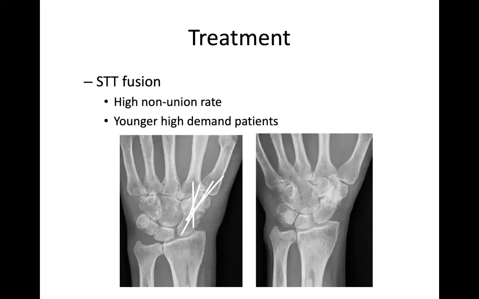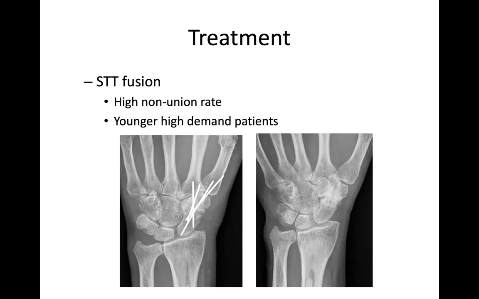And then if you've got a younger, higher demand patient, then you can do an STT fusion. It's a hard joint to get to fuse. As we said earlier, when you radially deviate the wrist, the scaphoid needs to flex. So you have to really get good immobilization. And traditionally, it's always been done with K-wires. You need a lot of K-wires in there, bone graft, and you have to fuse the scaphoid in a perfectly